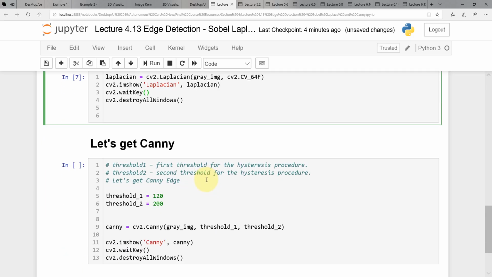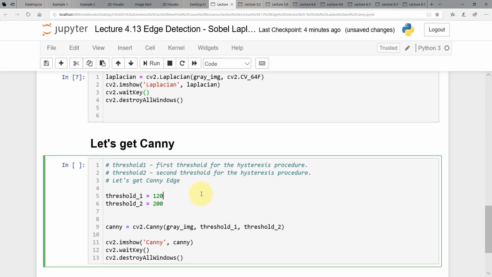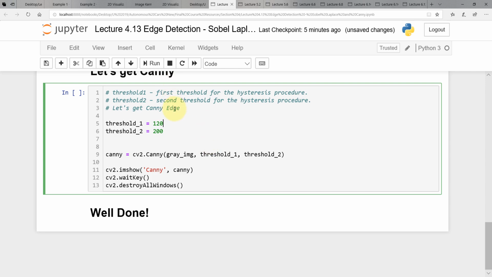However, we go with the Canny edge detection, which is a smoother form to obtain the edges of the image in a very elegant way. Please go ahead and review the lecture where we discussed how to perform Canny edge detection. But the overall idea is that we apply Canny to our image, and we set the first threshold for the hysteresis procedure and the second threshold for the hysteresis procedure as well. Here, again, we use trial and error. We set 120 and 200, and we found that this gives us good results for this specific image that we have in